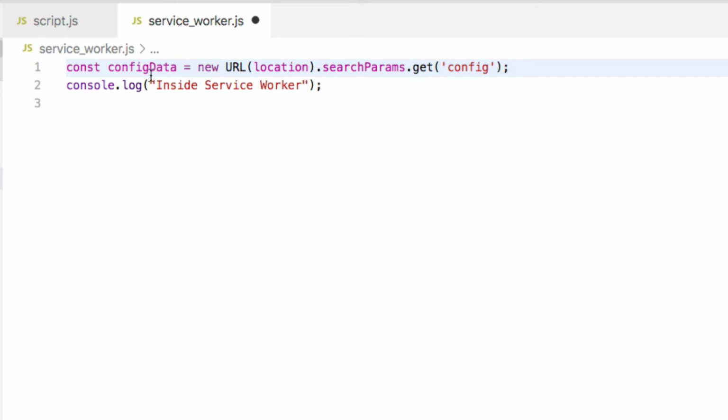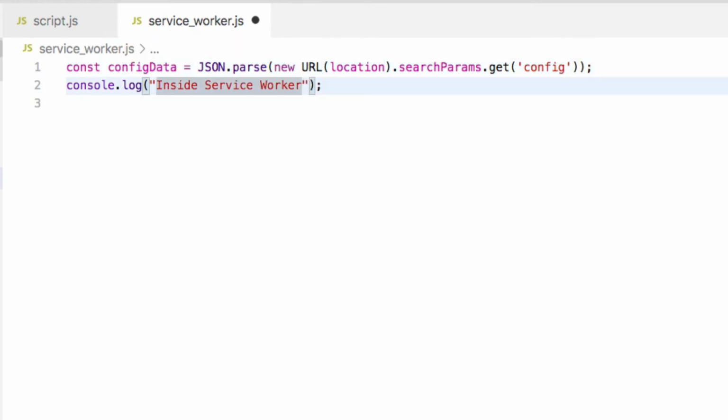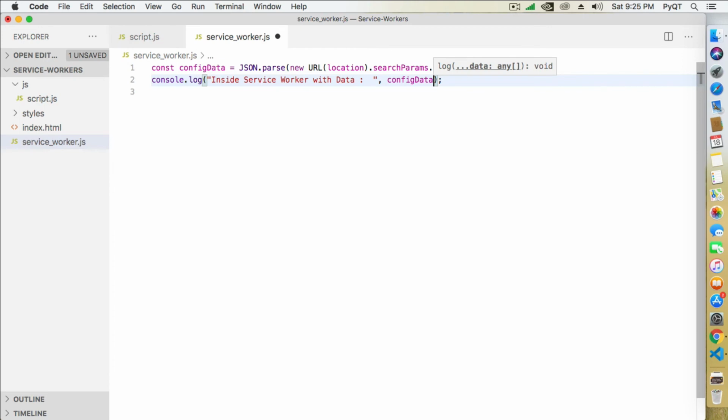But the query parameter contains a JSON string, so we need to convert it to an object again. Pass all this code inside the JSON.parse method, and at last let's display the config data variable on the console, but this time from the service worker file itself.